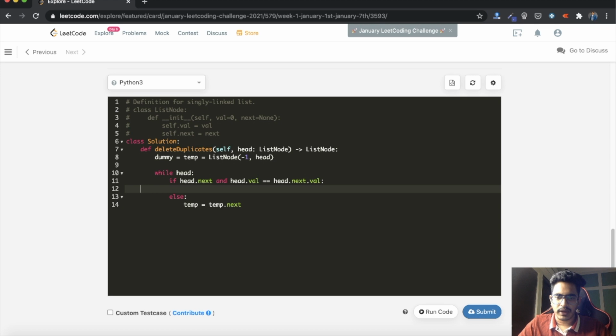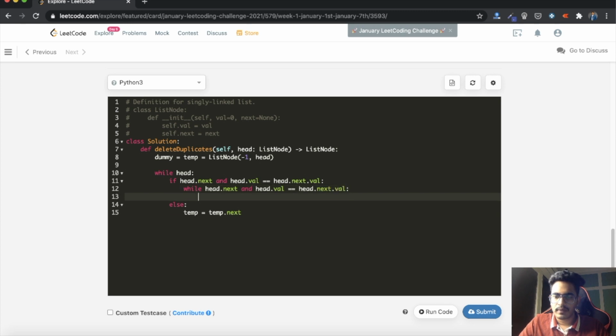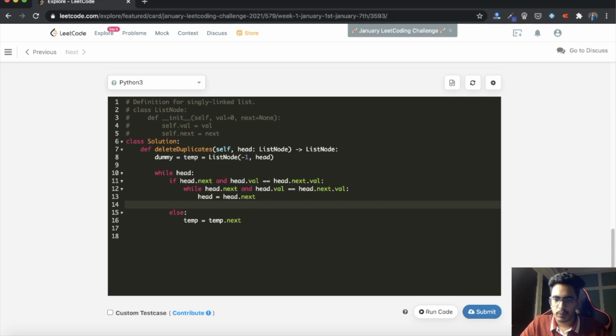So if it is a duplicate, what will we be doing? We will be iterating till all the duplicates are completed, right? So while head.next and head.val is equal to head.next.val, we'll be iterating: head is equal to head.next. After our loop is done, the duplicates are completed.